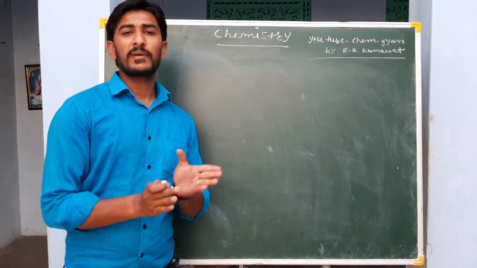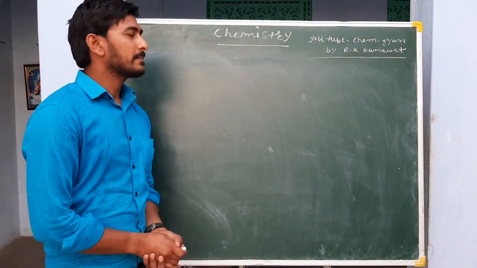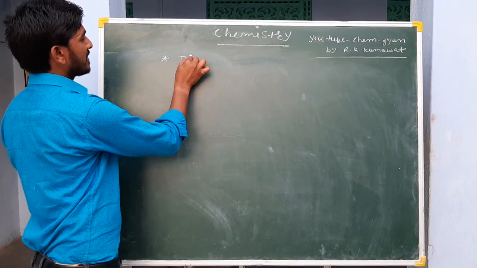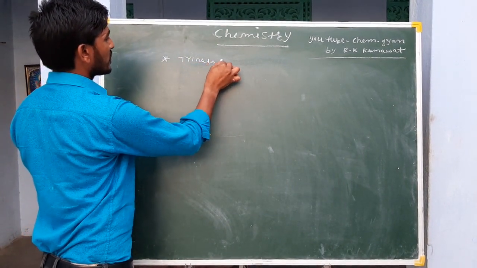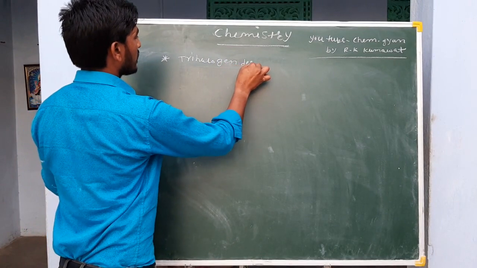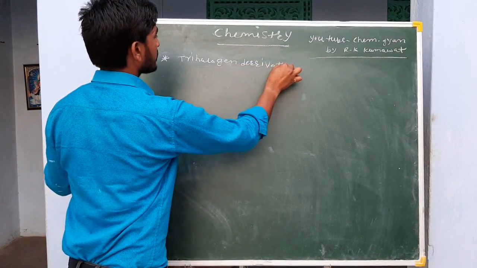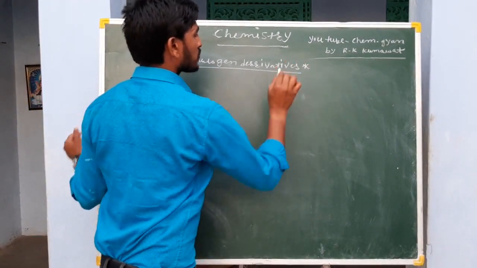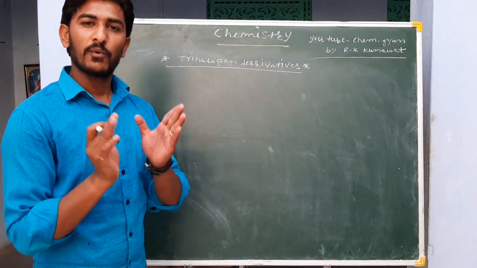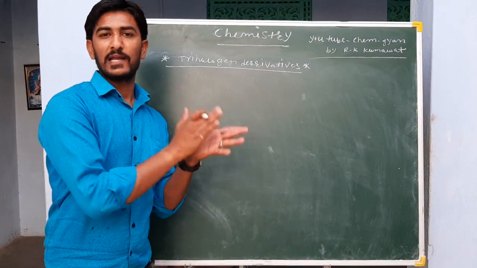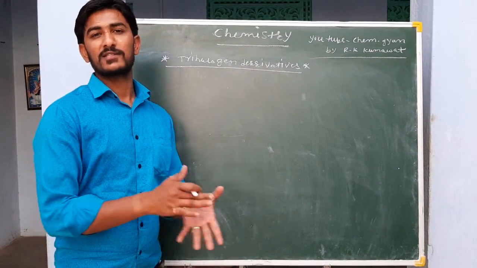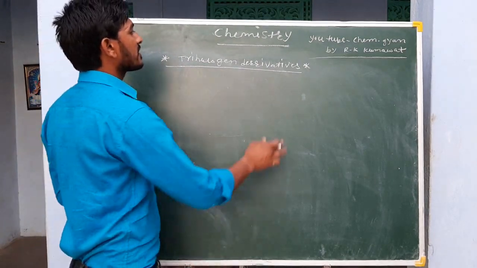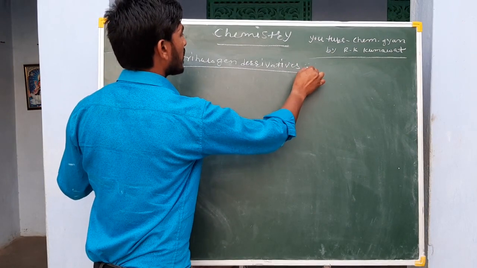आज हम जो टॉपिक पढ़ने जा रहे हैं उसका नेम है ट्राइहेलोजन डेरिवेटिव्स। डियर स्टूडेंट्स, इससे पहले हमने जो टॉपिक्स इसमें पढ़े हैं मोनोहेलोजन डेरिवेटिव्स एंड डाइहेलोजन डेरिवेटिव्स, प्रिपरेशन मेथड्स, फिजिकल प्रॉपर्टीज, केमिकल रिएक्शंस एंड यूजेस। आज हम जो टॉपिक पढ़ने जा रहे हैं उस टॉपिक का नेम है ट्राइहेलोजन डेरिवेटिव्स।